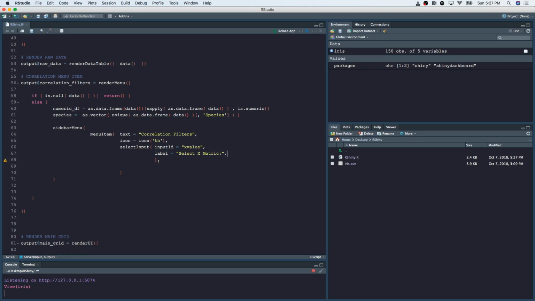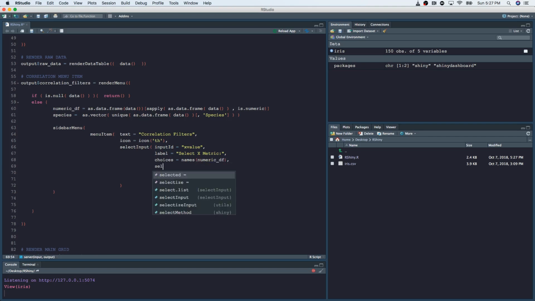Maybe put a column there, and then a comma, and then what I need for the choices of this is the names of the numeric data frame that we created here. So we could just call names of the numeric data frame. And in fact, the other thing that I need here is a selected, and I'm going to select the first one. So it's going to automatically pick the first numeric name. Okay, so that's going to close